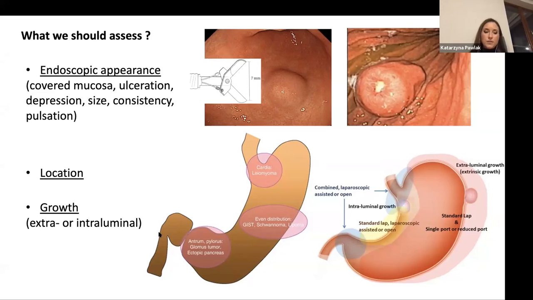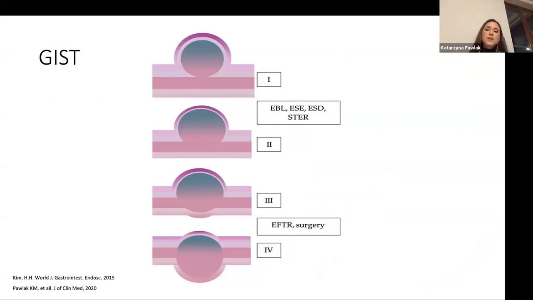And both these features, location and growth, are extremely important when it comes to the qualification for further resection. So we should assess it before endoscopic as well as surgical resection. And here it's according to the Kim study as well as our study. This is the example of GIST, which can be differently related to the muscularis propria, and can be differently located in the gastric wall. So here you can see that some of them can be dedicated for some special type of resection, like basic endoscopic resection, but also some of them should be referred closely to EFTR as well as